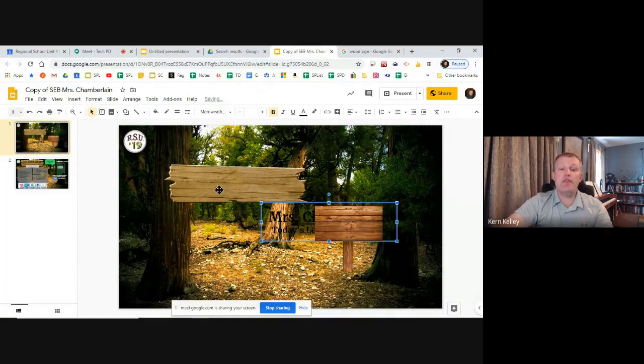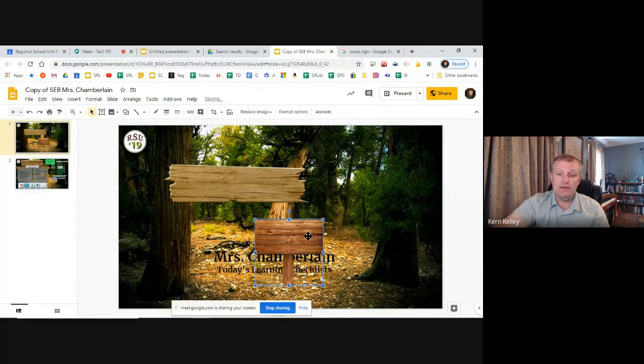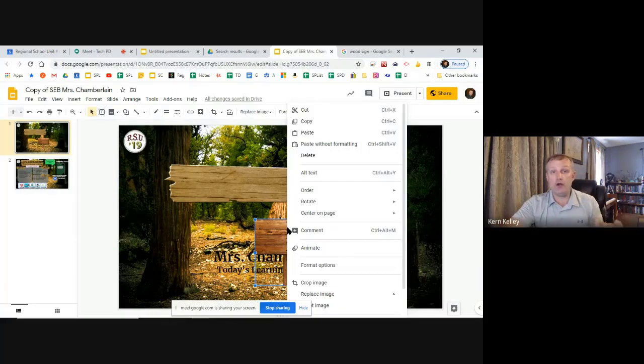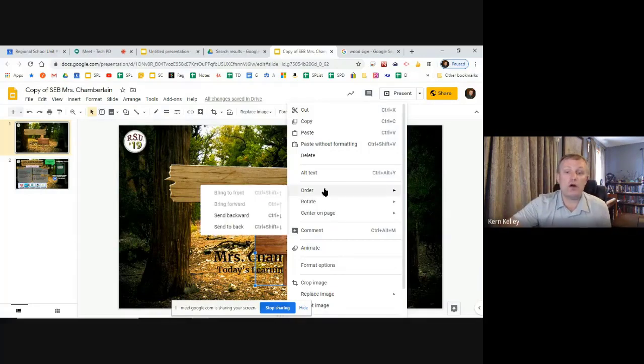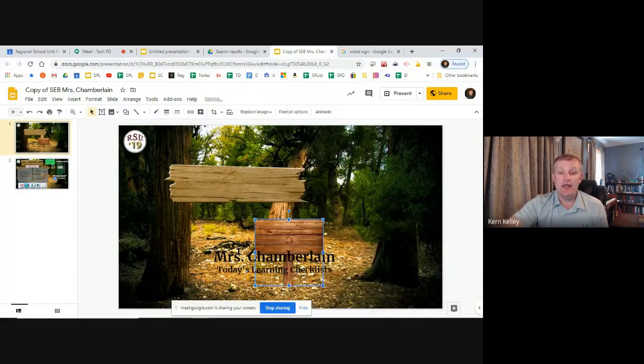That actually brings me to another good point here. You notice how right now the text looks like it's behind the sign there. Any of these things, the easiest way to think of them is like a scrapbook. If you're doing a scrapbook, you have things layered on top of each other all the time. So if I right click on any of these, or alt click on a Chromebook, you'll see right here it says Order. I can stack things on top of each other or behind each other, like layers. So I'm going to right click on that, go to Send to Back. And now if I make this a little bit bigger here, you'll notice that